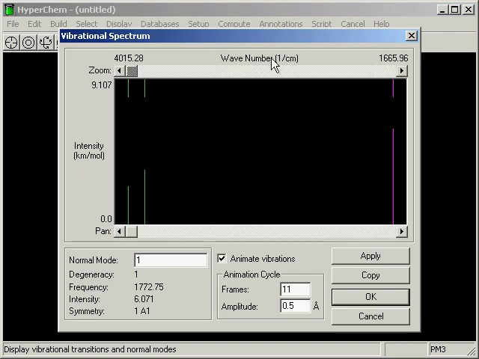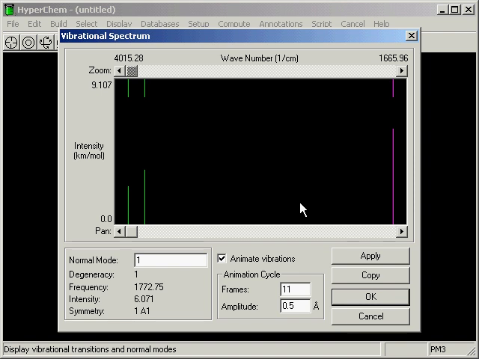Anyway, so here's the vibrational spectrum of the water molecule. All the transitions are at the top here, shown as individual lines for every transition, whether that transition is allowed or forbidden. And coming up from the bottom are the transitions with their intensities. So this is the most intense transition, this is less intense. And in water, all of the transitions happen to be allowed. In many situations, we'll have some forbidden transitions, and they'll show up at the top, but not the bottom because